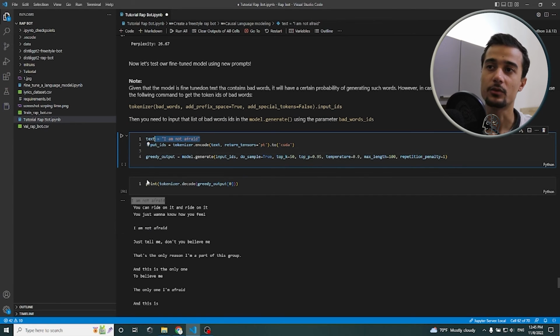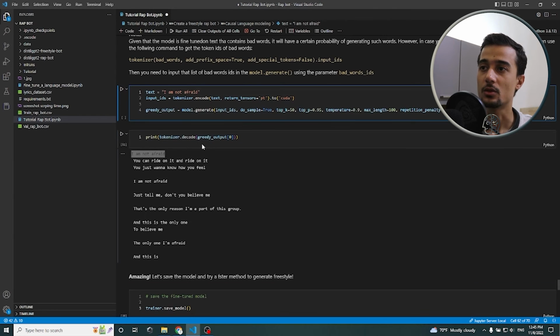So here I've chosen the I'm Not Afraid start, which is taken from the song by Eminem. So after generating,